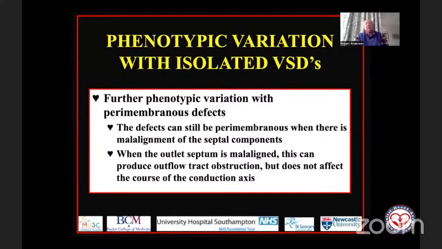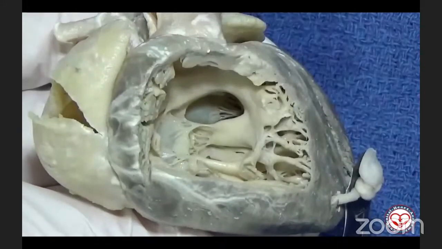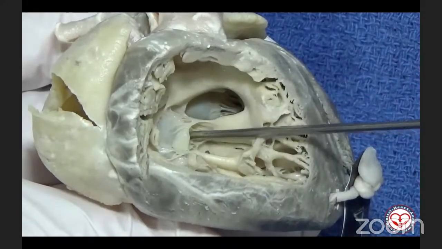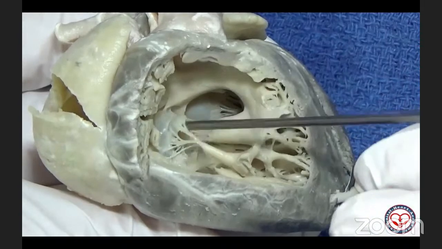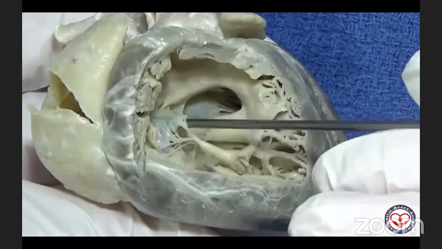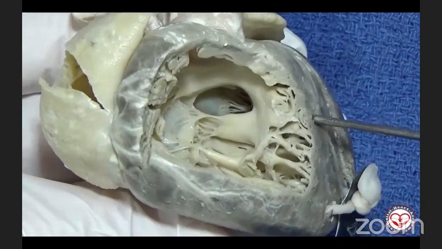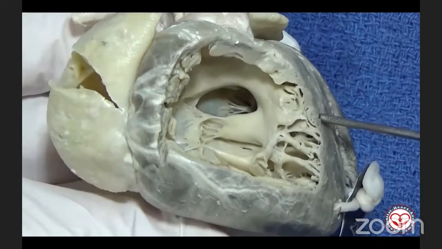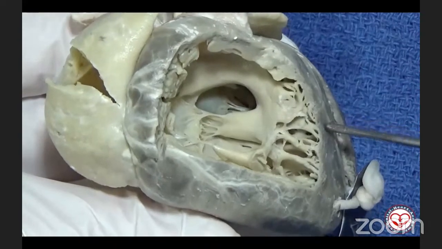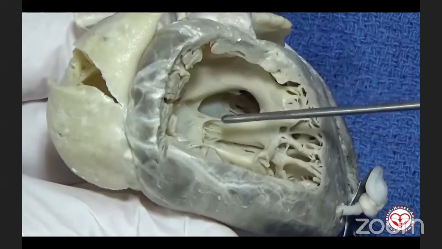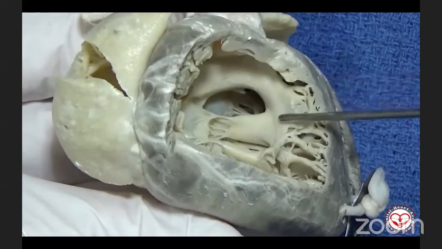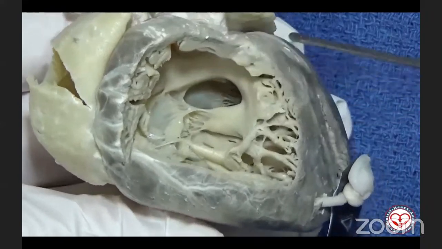So let's now look at this situation, again with autopsy specimens and with virtual dissection. This right ventricle has been windowed so that the tricuspid valve, or the inlet component, has been left intact. You'll appreciate that there's a large ventricular septal defect that extends to become perimembranous and extends into the outlet component of the right ventricle, so between the limbs of the septomarginal trabeculation.